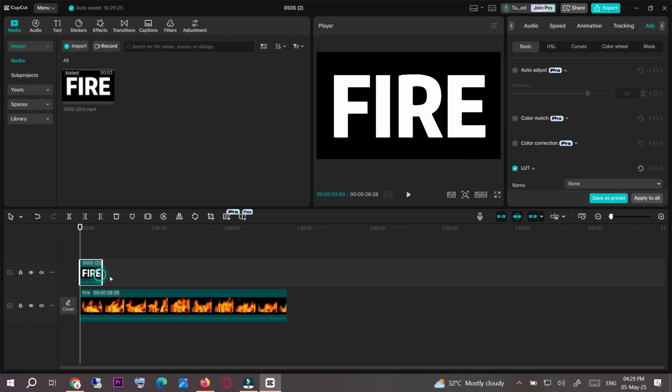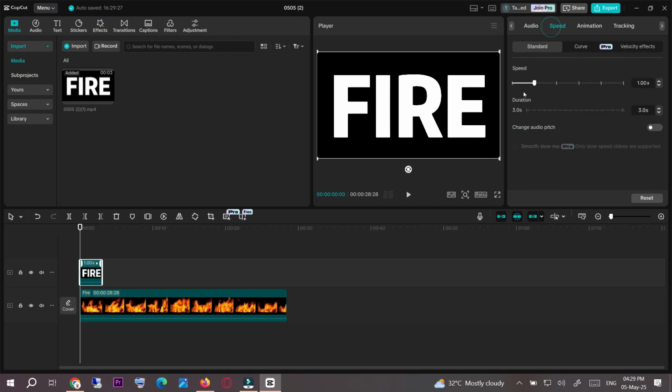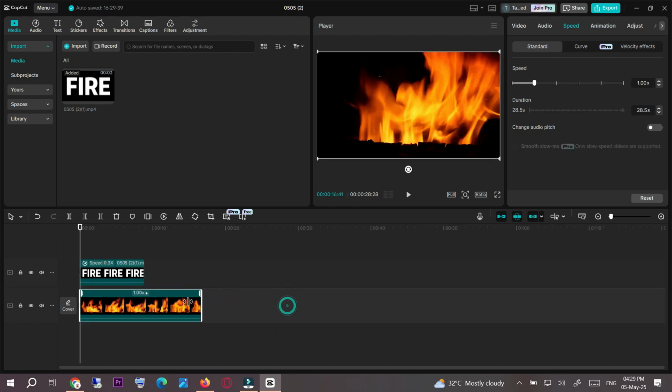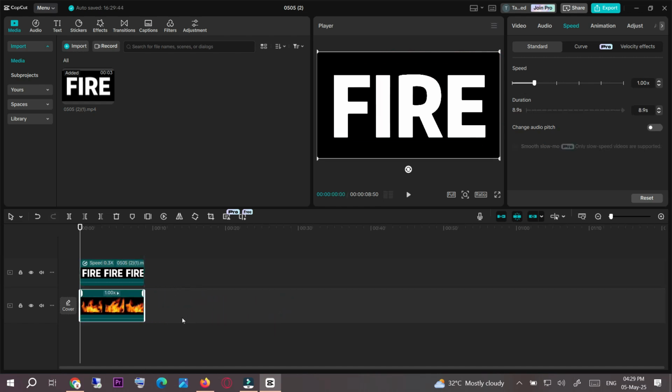And make sure if you want to adjust with the video, then click on the file and go to the speed and increase the speed, and in this way you can slightly increase the length of the clip. Adjust the video to the text, and then go to the